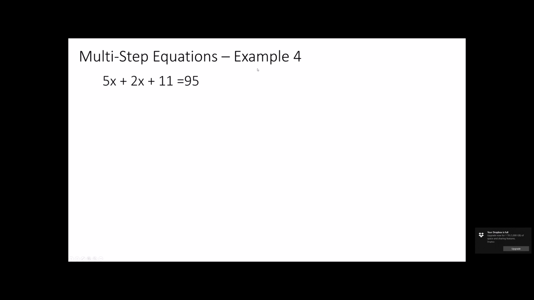The distributive property says if I have x groups, I have x of everything in that group. In this case, if I have x of everything in the group, that means I must have x groups of those things. That's the distributive property. Most people don't explain it that way. Most people explain it as combining like terms. But either way, you end up with 7x plus 11